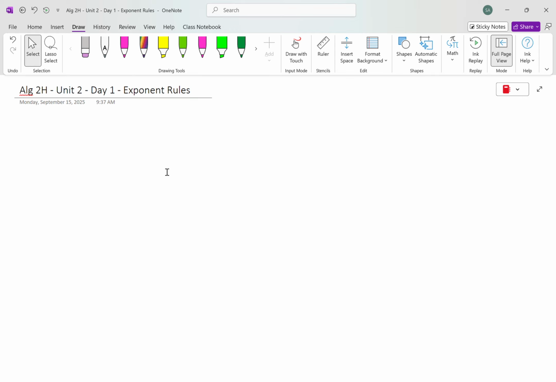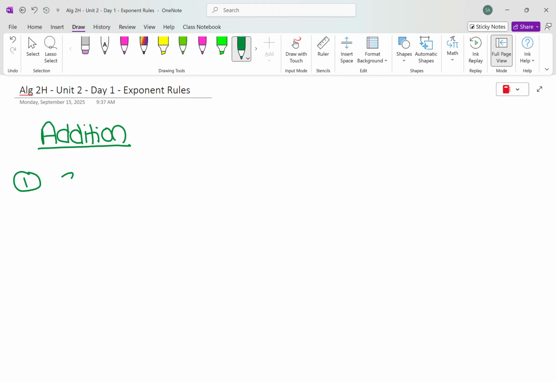Okay, so exponent rules. Let's talk about when we're adding. So if I have like terms, for example, 3x to the second plus 4x to the second, what's the rule for adding like terms? You add the coefficients and then put the variable. Good. When you're adding like terms, you just add the numbers in front, you keep the variable the same, so